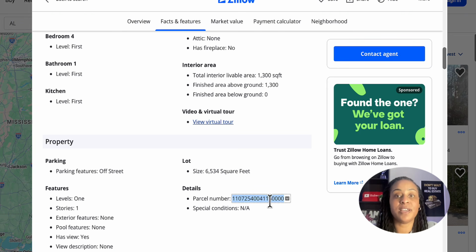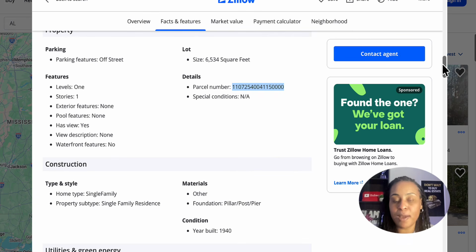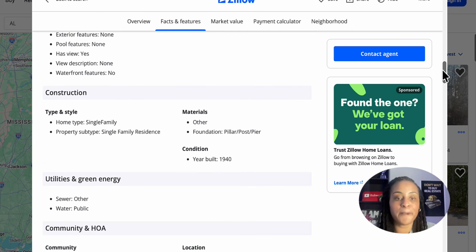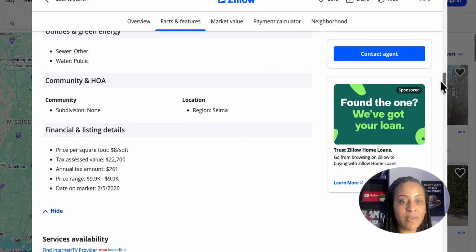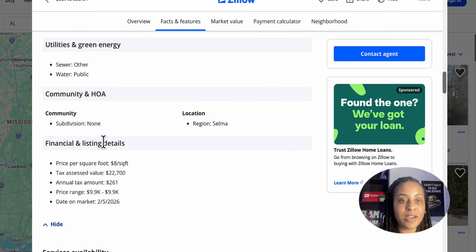This is gold because sometimes you may stumble across a piece of land that has no address. However, if you place that number into the county assessor's site, or the GIS, it'll pull it up for you. Sometimes they don't have it, but a lot of times here under financial and listing details, they will tell you what they accept. Do they accept a loan? Which anything under $10,000,